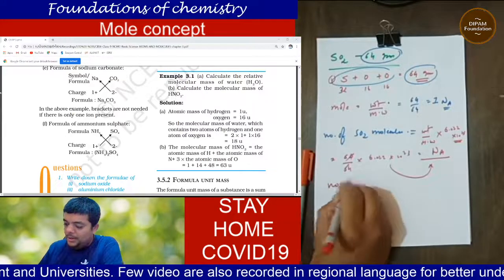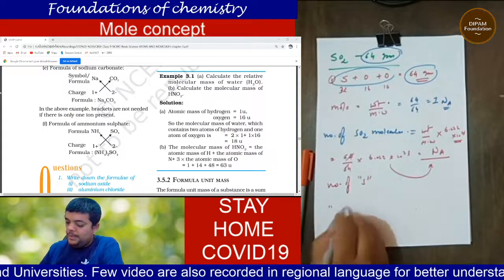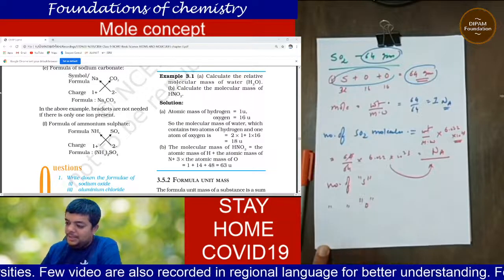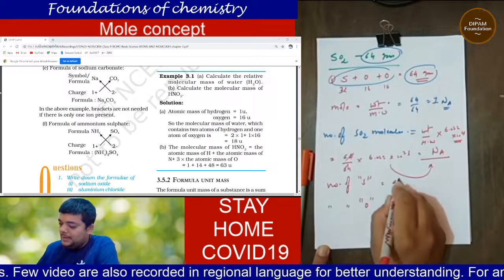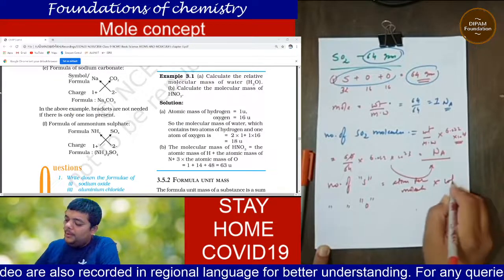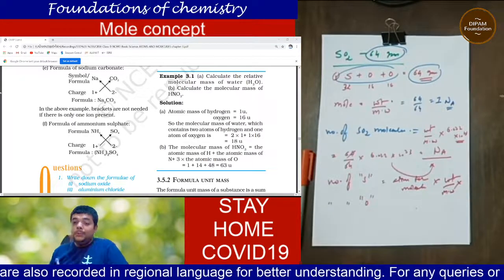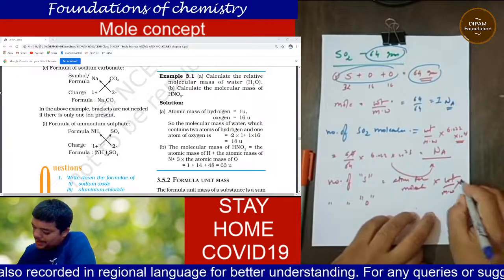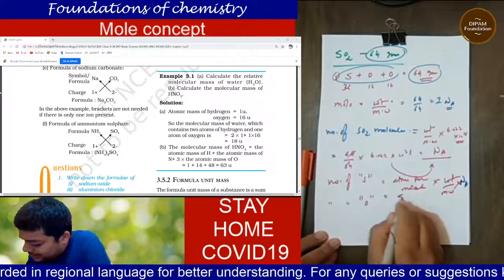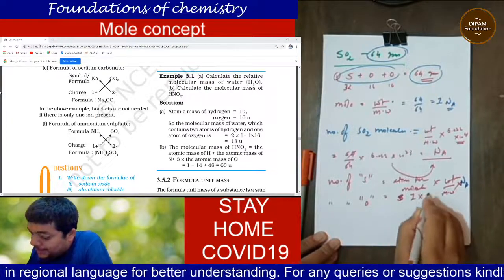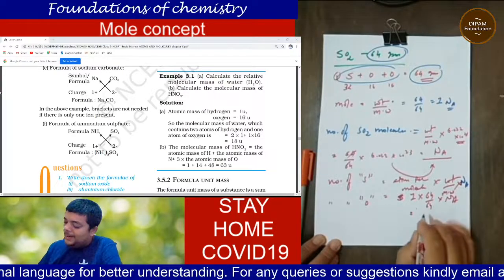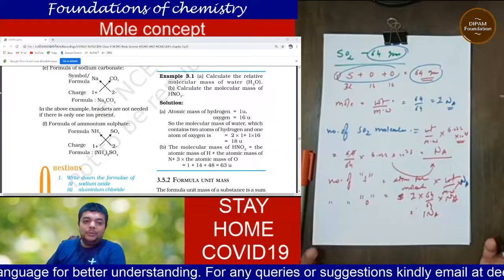Now the number of S atoms, number of O atoms. You know that in one SO2 the number of S atoms is 1. So your formula is atoms per molecule multiplied by weight upon molecular weight into, yes, you can write it in place of 6.022 into 10 to the power 23, Na. So the number of S atoms is 1 multiplied by weight upon molecular weight into Na. So we know that the number of sulfur atoms is 1 Na or 6.022 into 10 to the power 23.